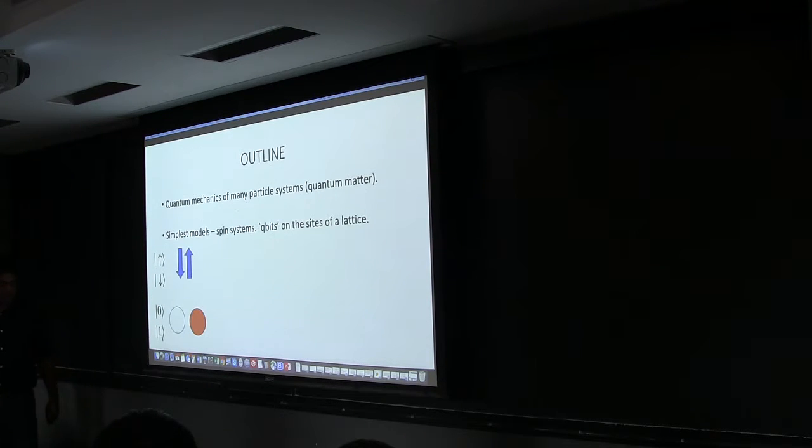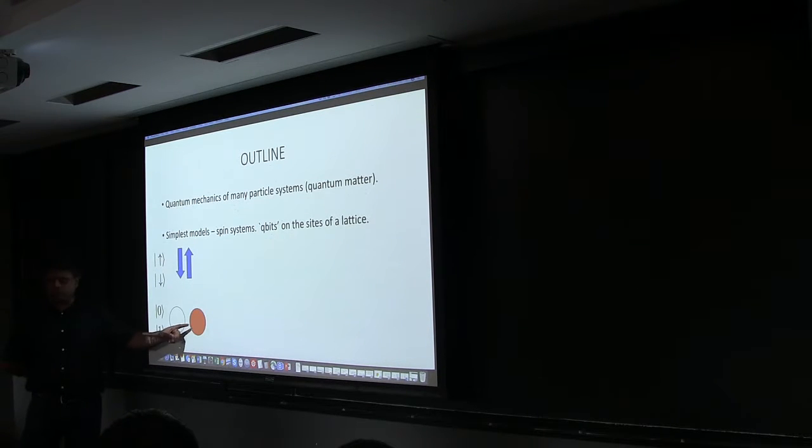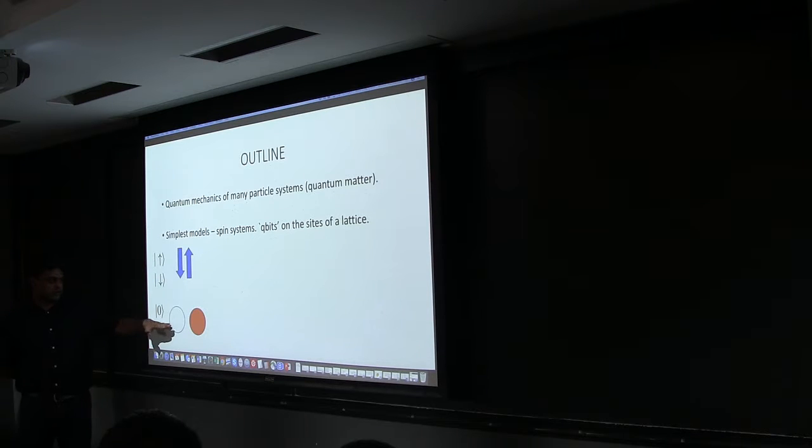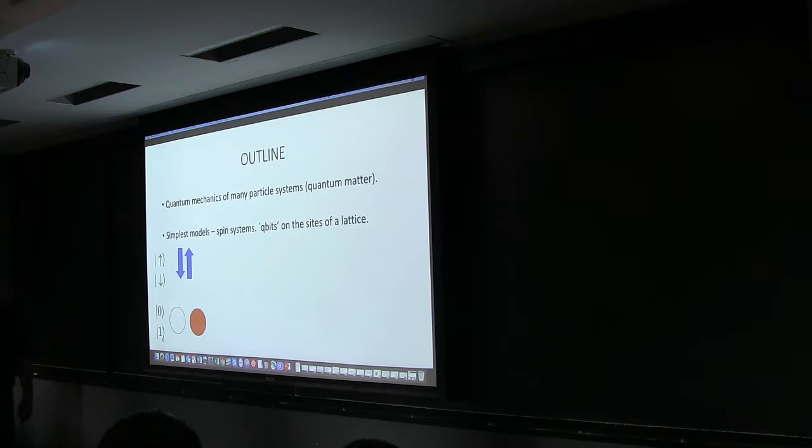Okay, so the spins are either up or down, just two states. You can also think of it as a site being empty or occupied, so we'll often think of this as particles being present or not. So the modern, or at least the fashionable, way of talking about this is a qubit. It's a 0 or 1, but it's quantum mechanical. You can have superpositions,